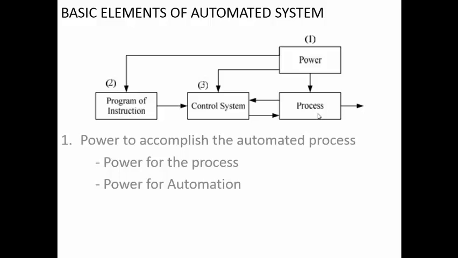Next one is power for automation, which means you are having various elements. Maybe a digital computer will be there, or you may be having some kind of circuitry which are actually controlling the position of the motor or position of the carriage. So in order to control these various elements, you have to generate appropriate signals. So the signals also require power, and usually the signals and other things require power at a lower energy level.